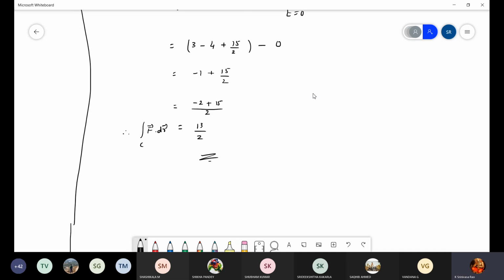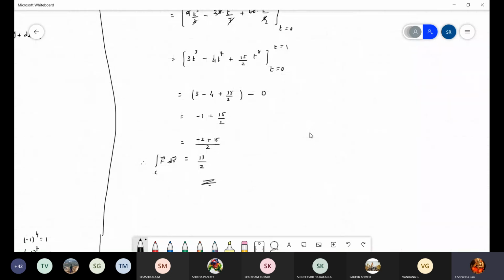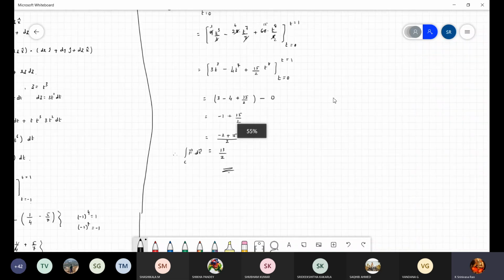I hope you understand. It is a simple concept. First, you should convert all variables to a single variable. First, it should be a dot product. It is a scalar f dot dr, and after conversion to scalar, it will have 3 variables x, y, z, and with the help of substitution, you convert into a single variable and just integrate. Got it? Yes, sir. Yes. One more problem. This is a little bit different.